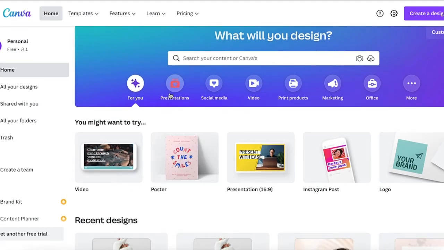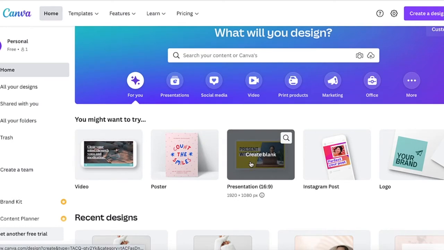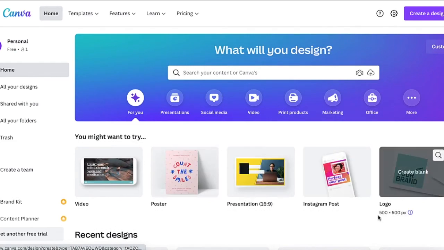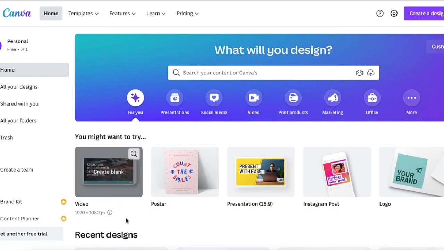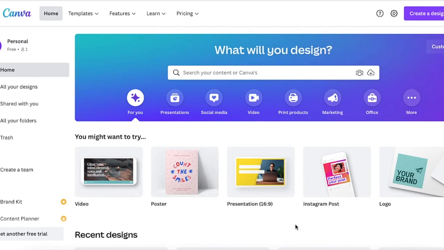So they've got it organized through presentation, social media, and so forth. For instance, I'm just going to scroll through this way. You can do videos, which is amazing. This is a fairly recent creation. You can create posters. You can do presentations like PowerPoint, things like that. Again, they have their social media. Here's an Instagram post. You can have logos,